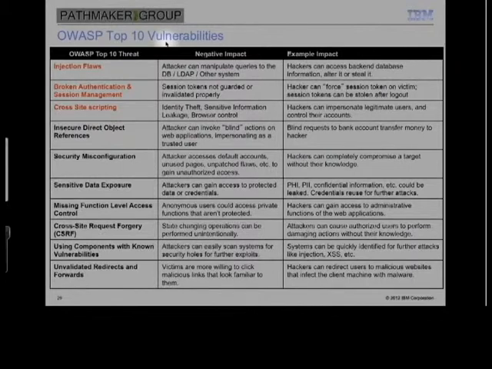Also, broken authentication and session management, essentially not properly guarding your tokens that are securing your actual access to that web application. And one of the other ones we plan to demo today is Cross-Site Scripting vulnerabilities, where you can attack the end user, even potentially take over their browser or steal their authentication to choice sites,